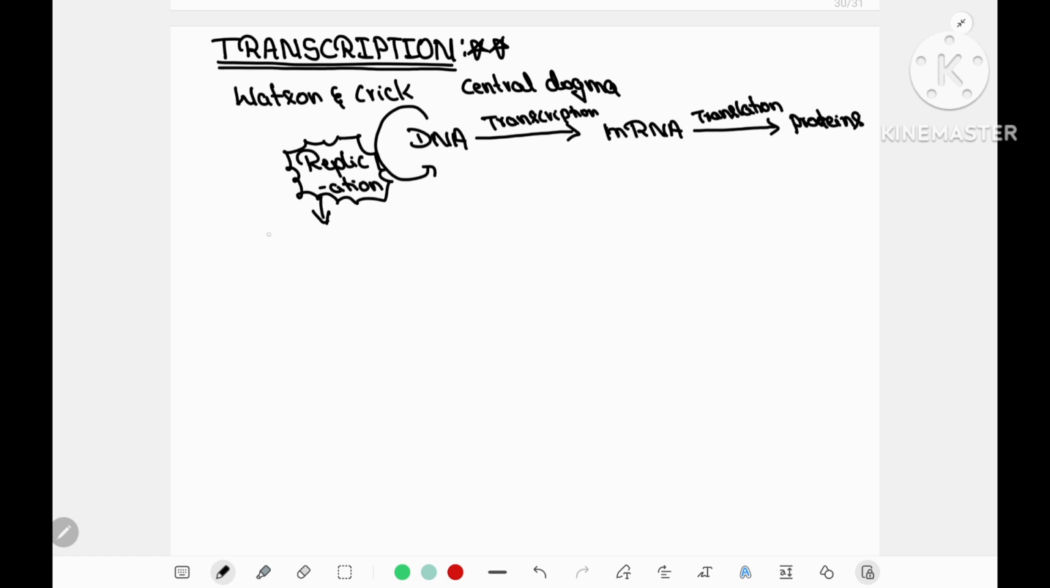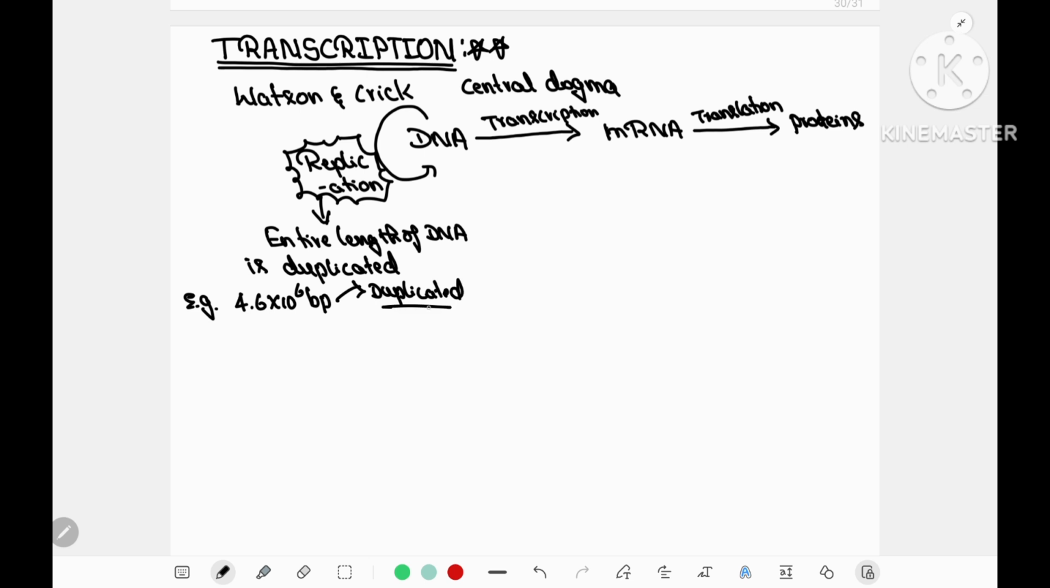produces proteins. Now, during DNA replication, the entire length of DNA, however long it is, gets duplicated. For example, in Escherichia coli bacteria, the length of DNA is 4.6 into 10 to the power of 6 base pairs. You know that the length of DNA is measured in terms of the number of nucleotide base pairs. So, the entire length of DNA is replicated, and you should remember both the strands of DNA will act